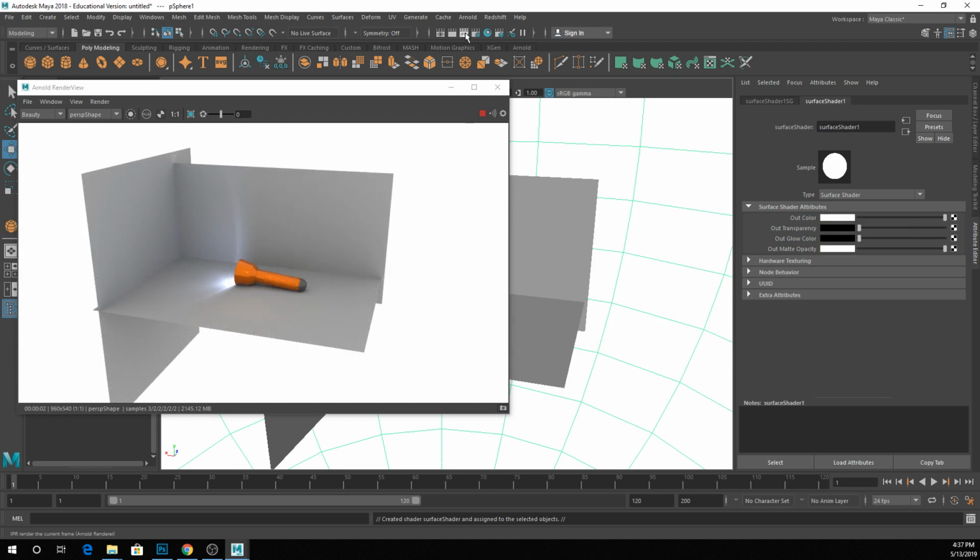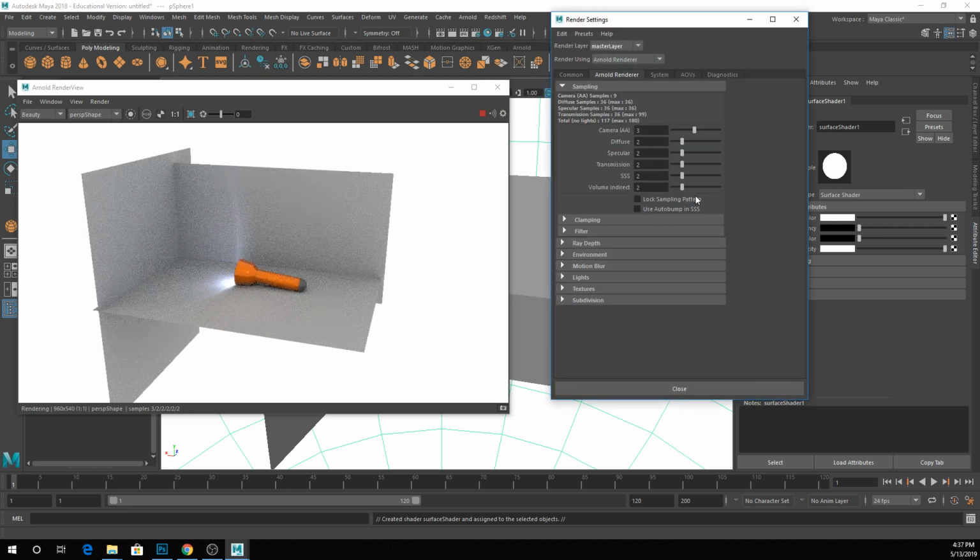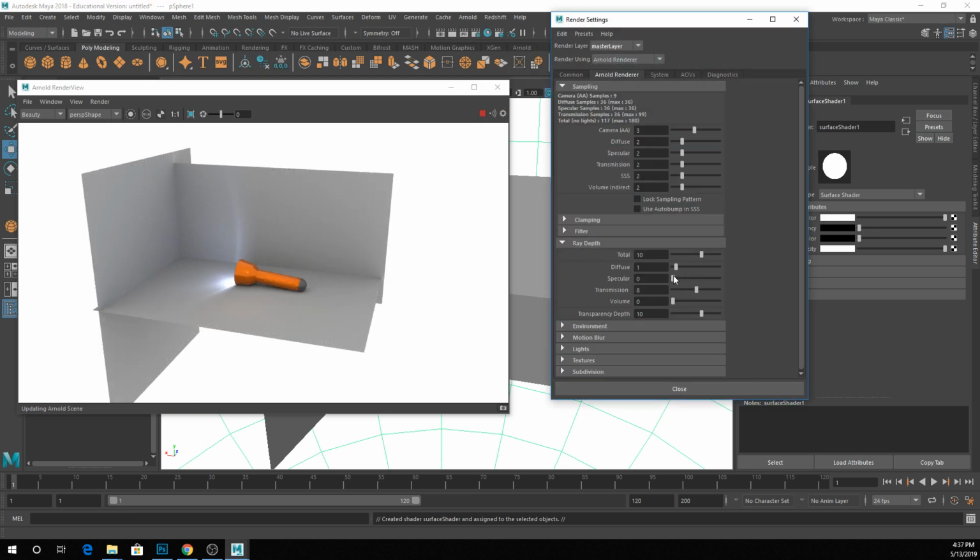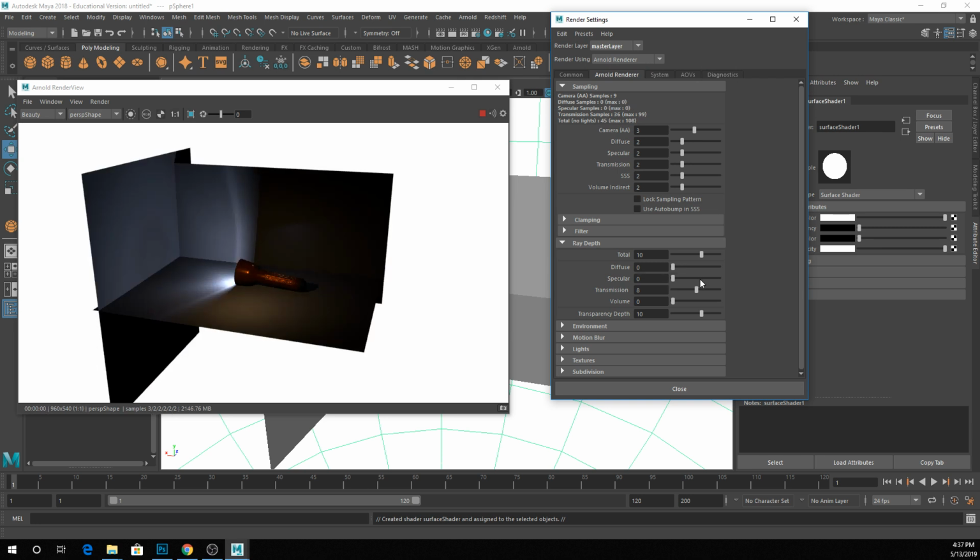Where am I going? I would like to really quickly turn off GI. Right. Well, that looks super gross. So this is the image without GI. But you can see that no matter what I do to this lighting here, this is always going to be whatever color it is. So